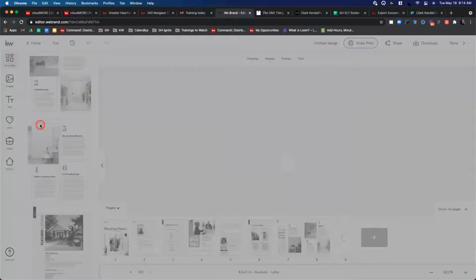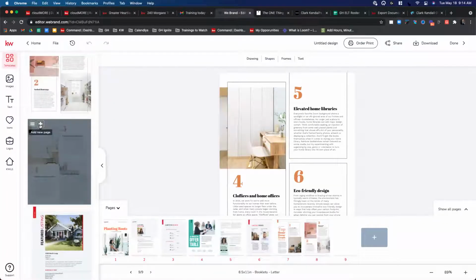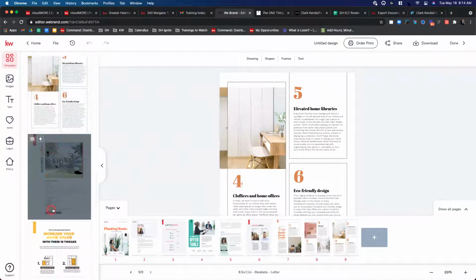Now by this time you might have asked yourself, goodness, what if I just want to use it all? Is there a way to add all these pages all at once? No, there's not a button to add all these pages on the left-hand side to your magazine. Right now we're just adding and choosing which ones purposely.